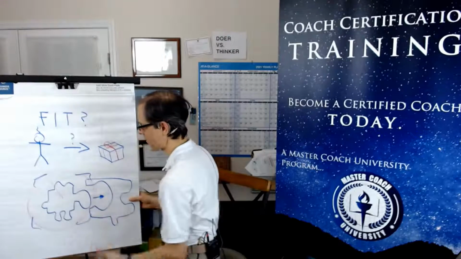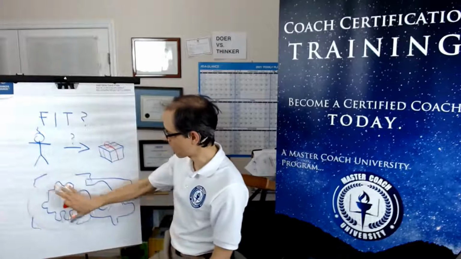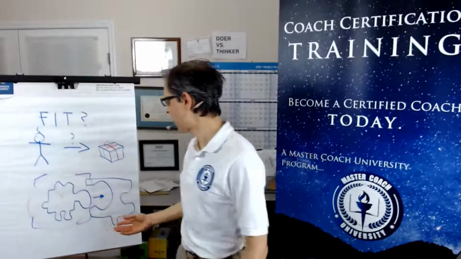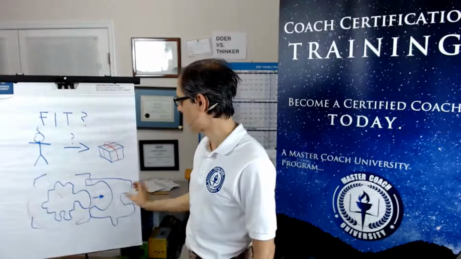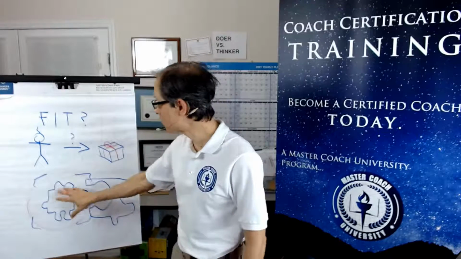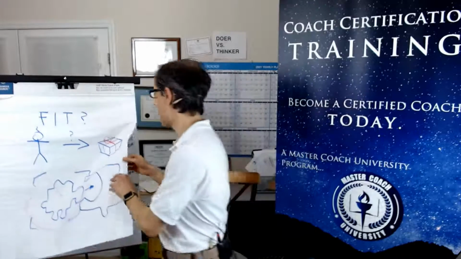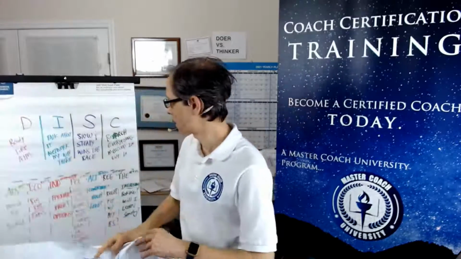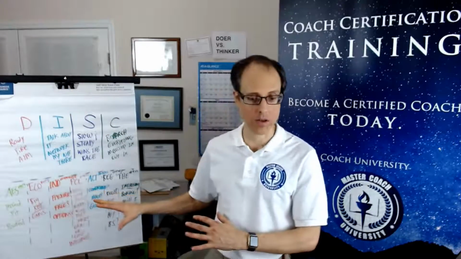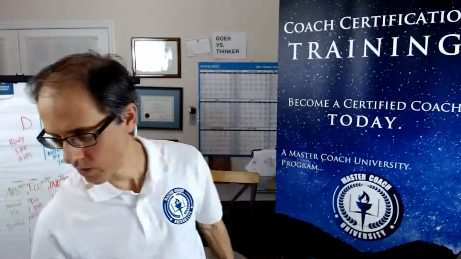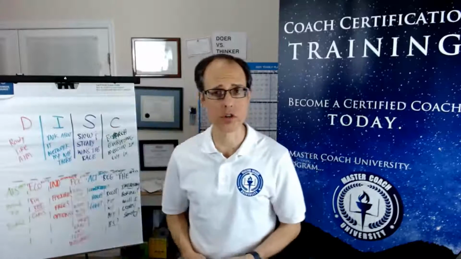Let's say this is your client, right? So you can see what the outlines and what the metrics of your client tend to be. And then again, like I said, you should know your solutions well enough that you know which ones will fit or how to fit these together. Does that make sense? So it's a little bit of a metaphor that'll help you get your hands around this. So let's actually look at our assessments and what we can assess in someone, and then how it actually fits with ways that you offer solutions.